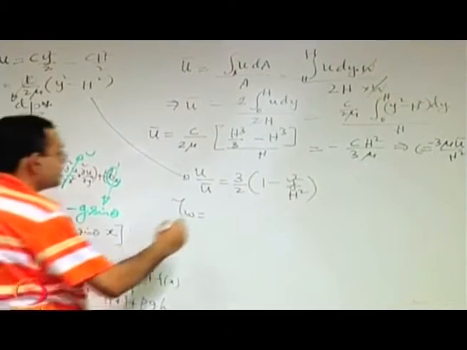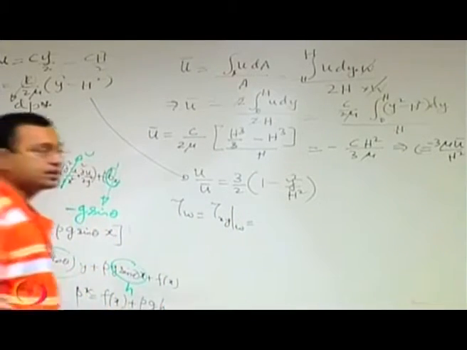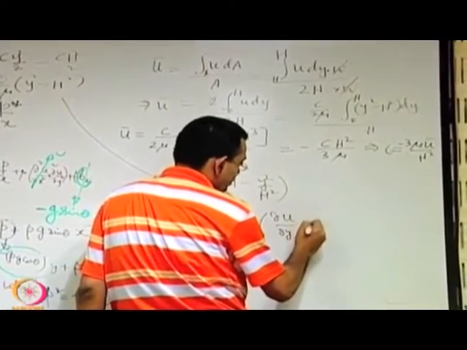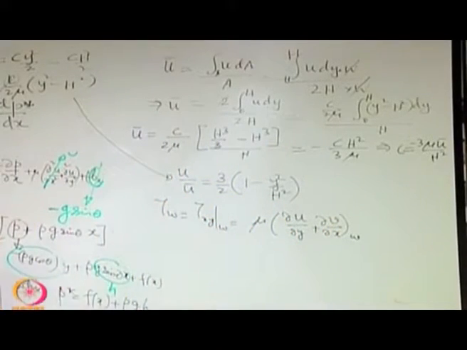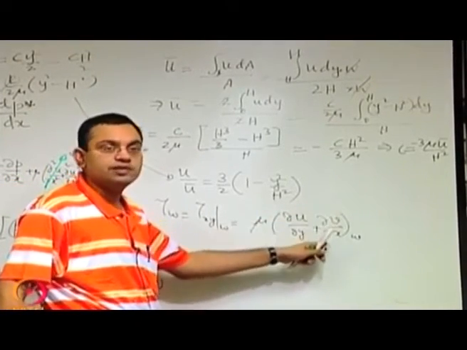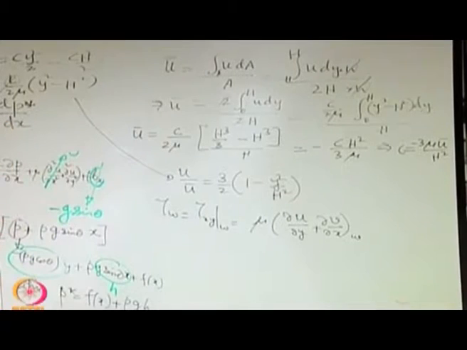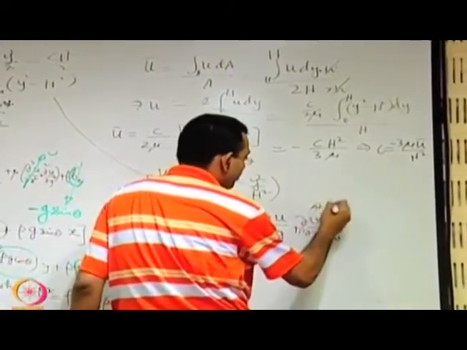So the wall shear stress is basically tau xy at the wall, that is for a Newtonian fluid. Remember that is mu into partial derivative of ui with respect to xj plus uj with respect to xi. So just in terms of u and v and x and y, these are substituted. At the wall v is 0, and in fact we do not care whether v is 0 at the wall, because for fully developed flow v is 0 everywhere. So we have straight away whatever effect of v is there 0.